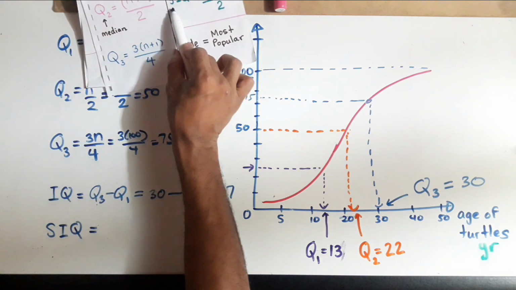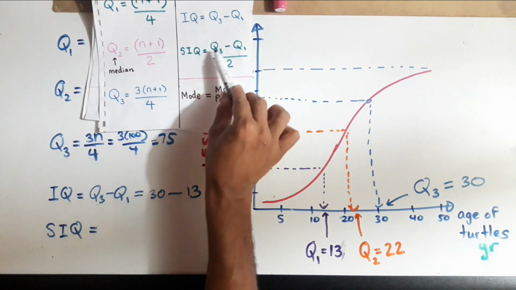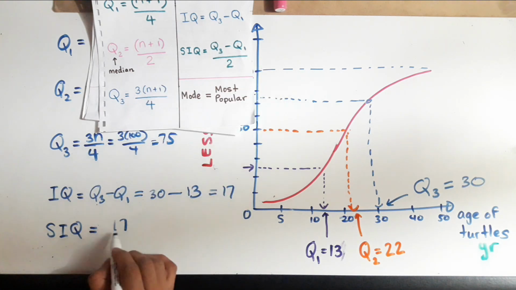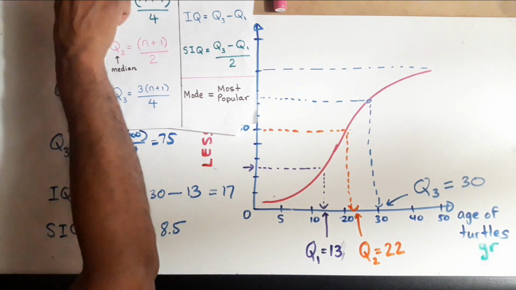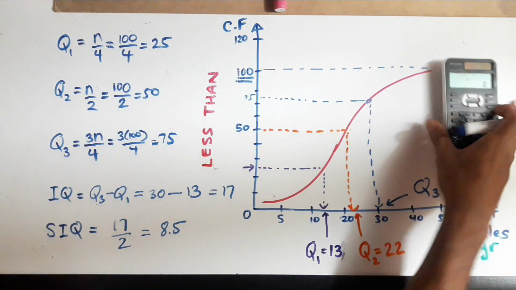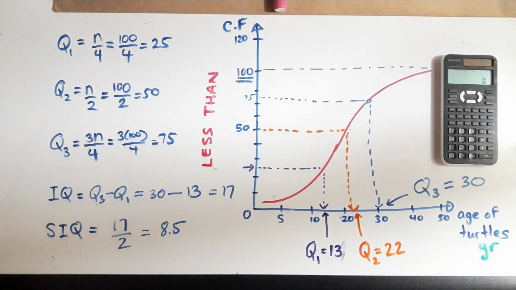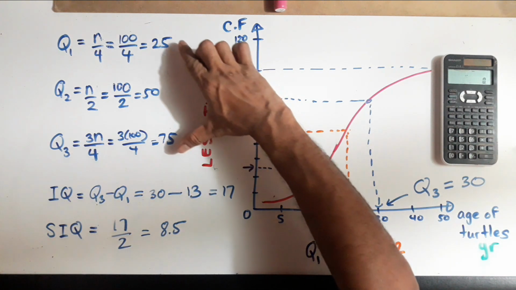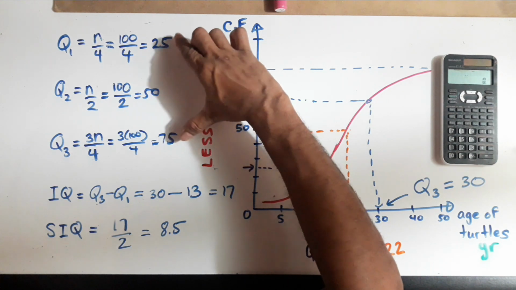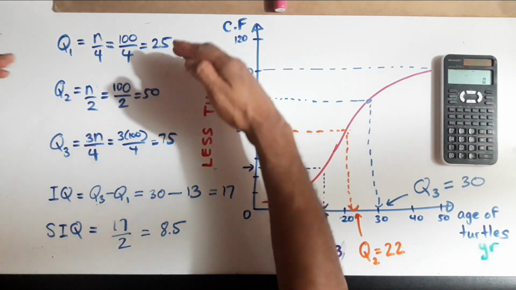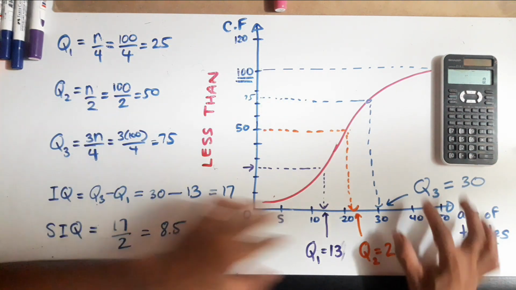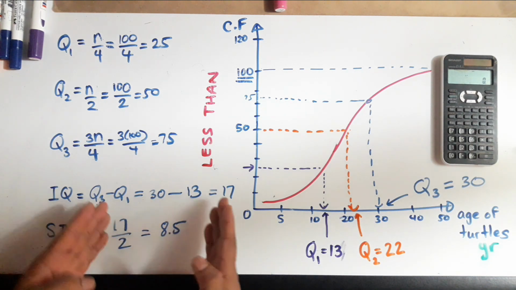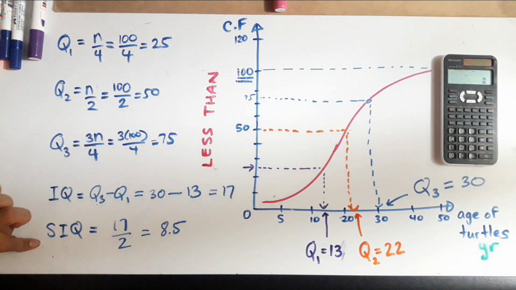And to get your semi-interquartile range, you take your interquartile range, which is 17, and divide it by 2. And that will give us 8.5. Guys, this question is really popular. Not only in a multiple choice, but in a long paper. And you see how students can easily minus or use the wrong values by mistake. Some of these values, you're using to get the actual answers. And after you get the actual answers, they can ask you to do certain things like interquartile range and semi-interquartile range with the actual answers.